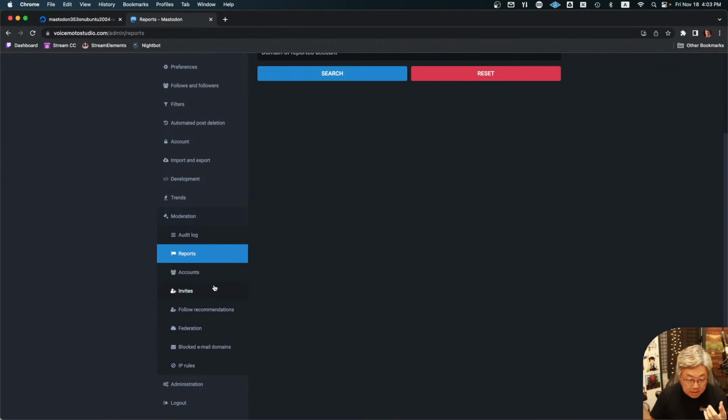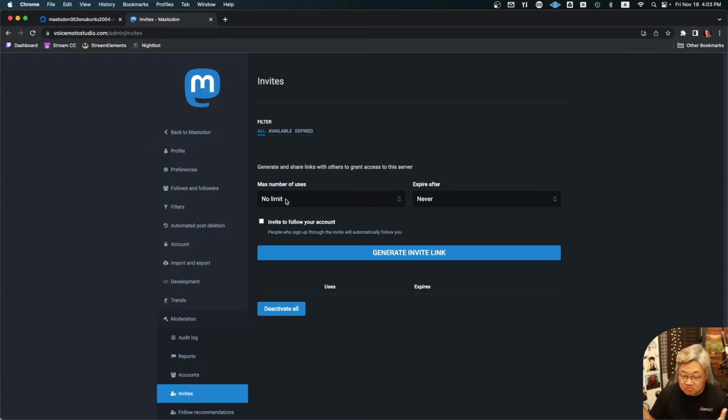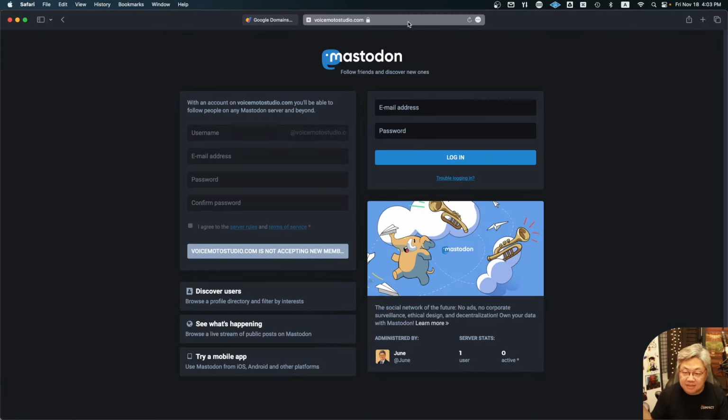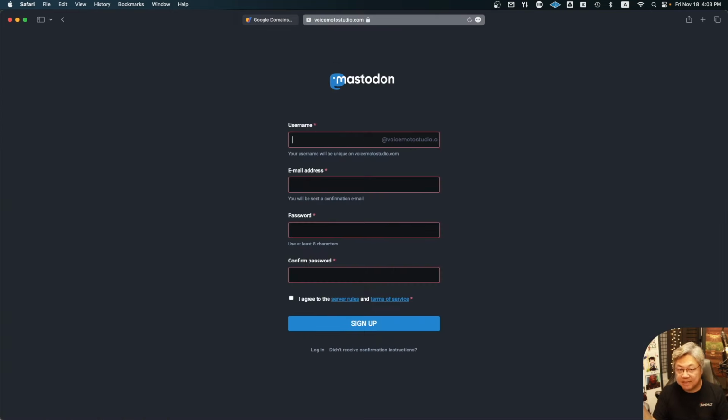Moderation, and then invites. Kind of like Discord, if you will. No limit, never expire. Invite to follow my account and generate a link. And simply this invitation is all they need to create an account now. Invited by you. So you can definitely procure your list of users on your server and run it as such. And if the server is filled with people that you trust, and friends and family, colleagues, however you decide your server is going to operate and who's going to populate your server, it's all up to you because you're the admin. And congratulations, you now have a server for the cost of